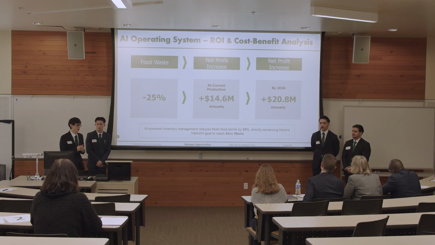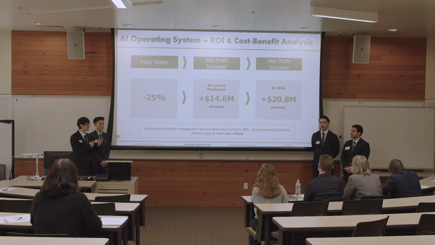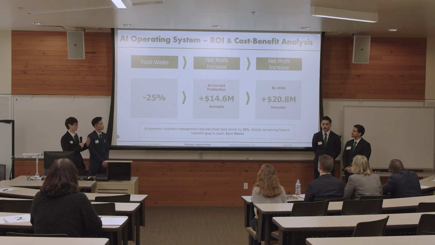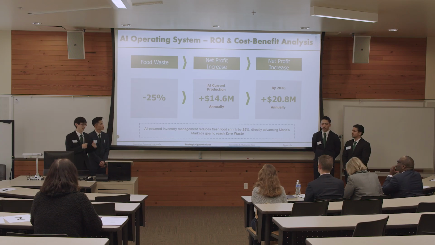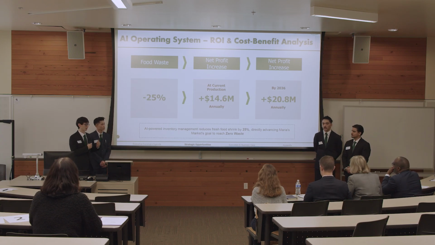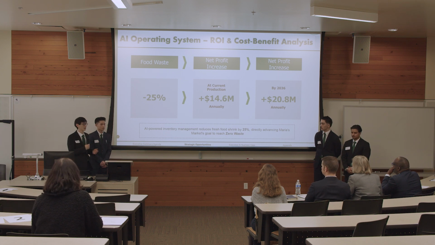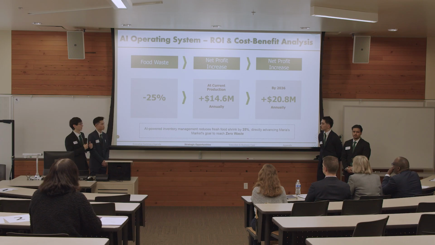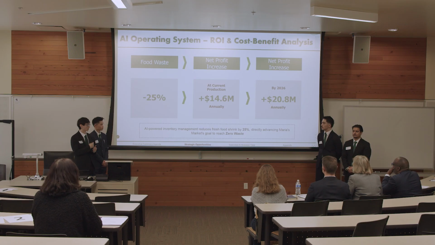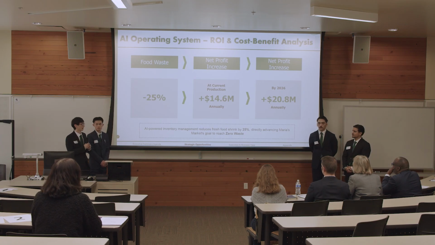At our current production, we estimate that cost to be around $1.7 million, including operation and installation costs and training costs of the software. However, when looking at the food reduction, the labor efficiency that's produced from not having to do as much manual ordering and inventory adjustments, as well as less stockouts, we estimate an additional $14.6 million of net profit increase at our current production, which rises to a conservative number of $20.8 million annually at our full